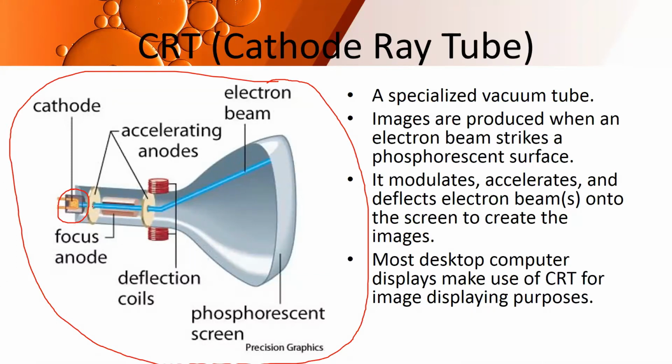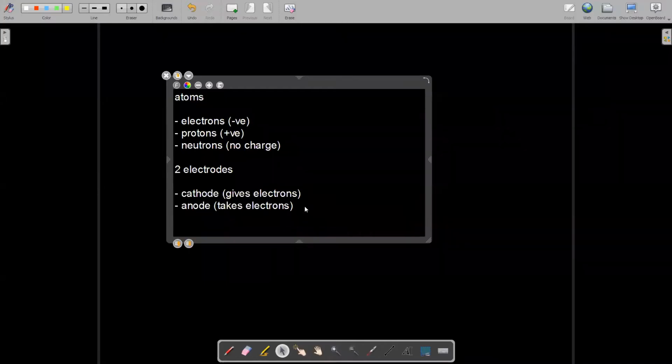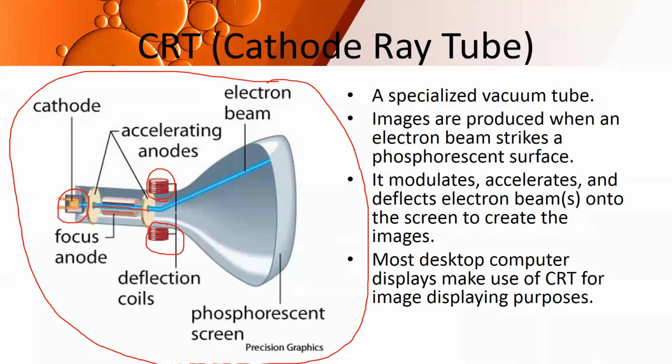And when it shoots electrons, the electrons pass through the accelerating anodes. And here, the deflection coils are used to generate a magnetic field. Why magnetic field? Because the magnetic field will be doing the work of deflecting these rays. So these rays could be deflected in any way. And this electron beam is focused on a phosphor screen.